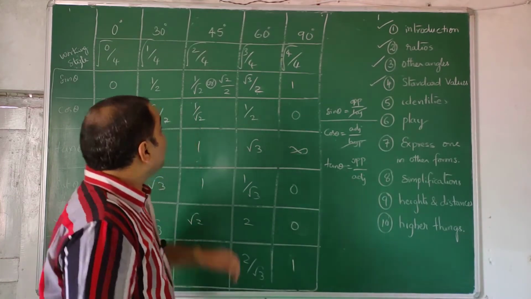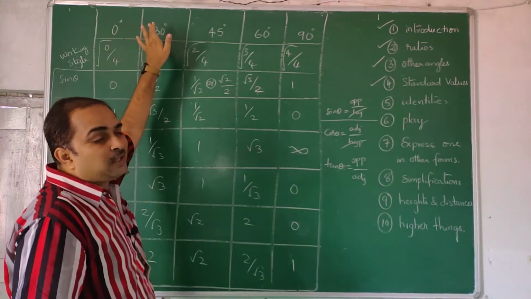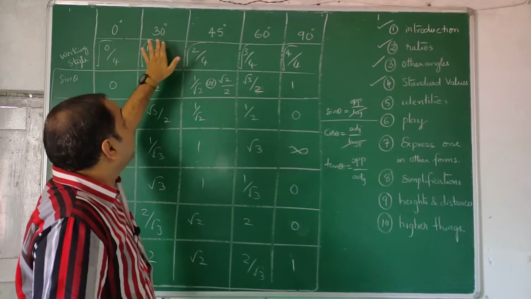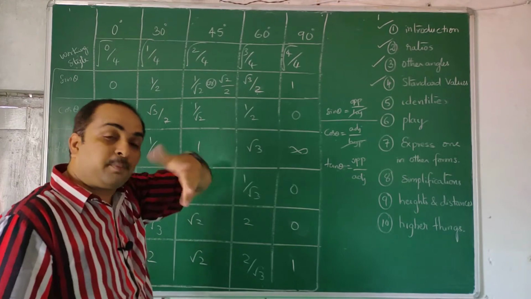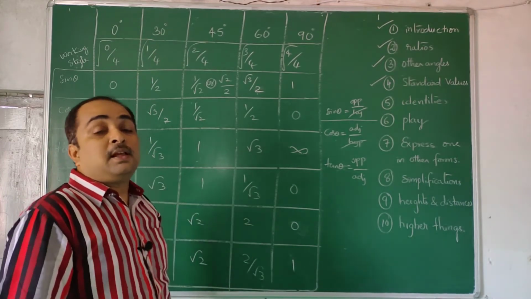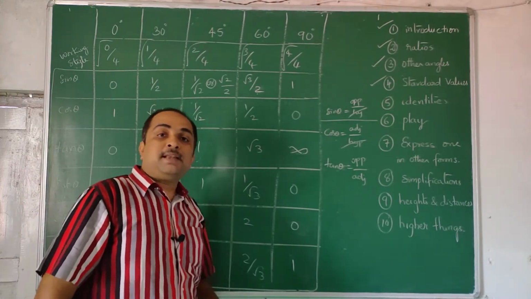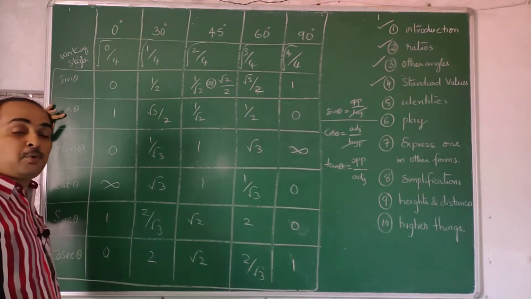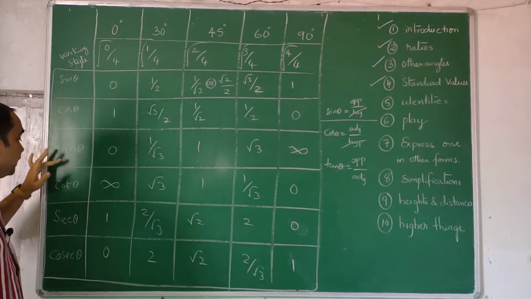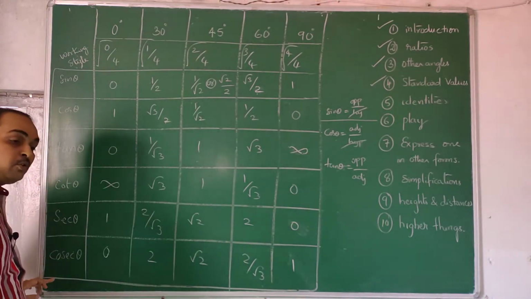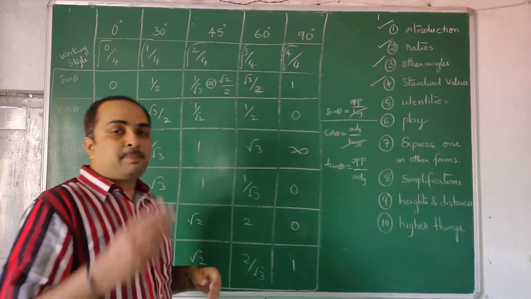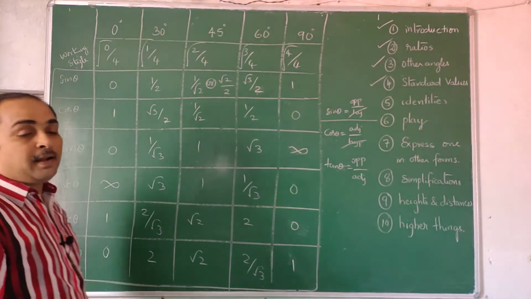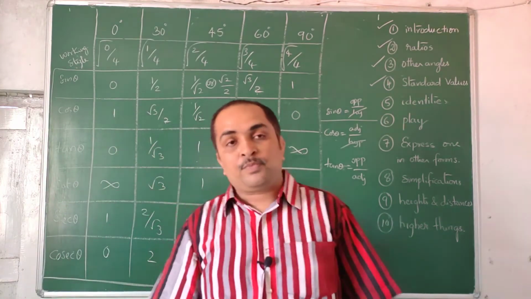Now the question comes: after 0 you have 1, 2, 3, 4, 5, 7, 8, 9, 10 up to 29 degrees, and after that 30. In between, so many angles are not known. For that you have to go for natural sines, natural cosines, which will be there in the data book called the logarithms book. Natural tangents, natural cotangents, natural secants, natural cosecants will also be there. Primarily three things will be there: natural sines, natural cosines, natural tangents. And 90 minus theta or reciprocals, you can get from them.